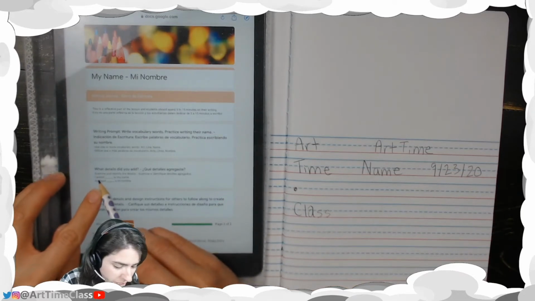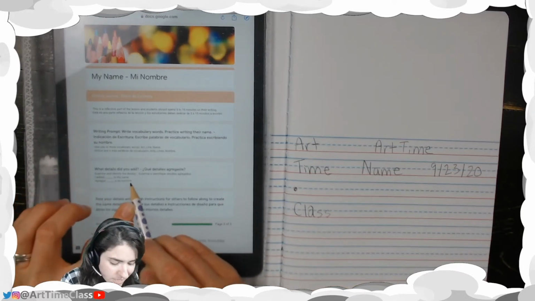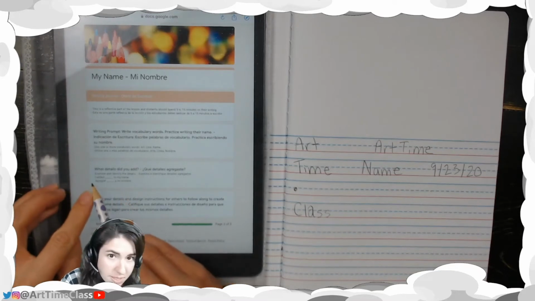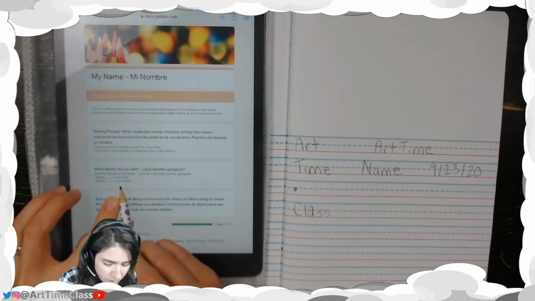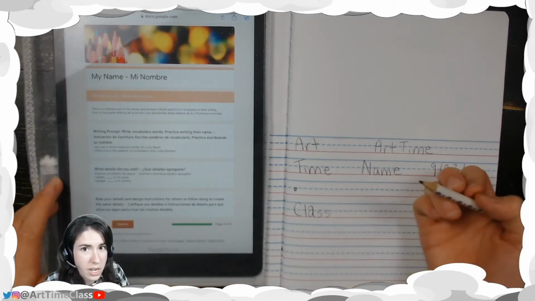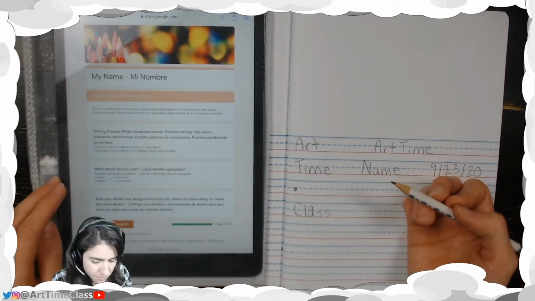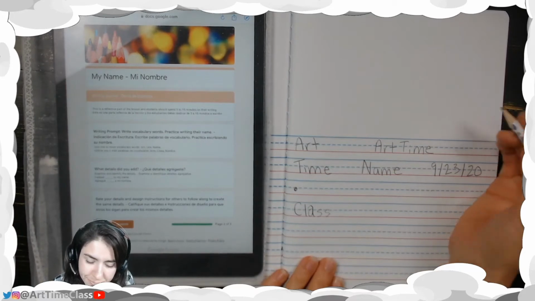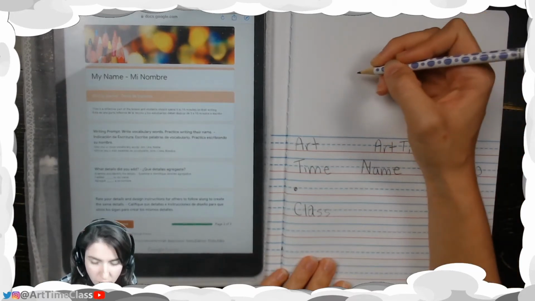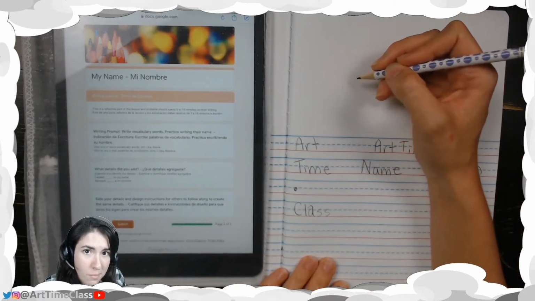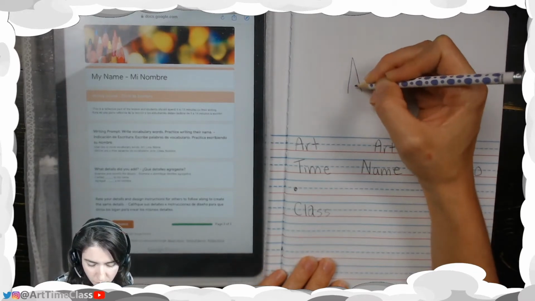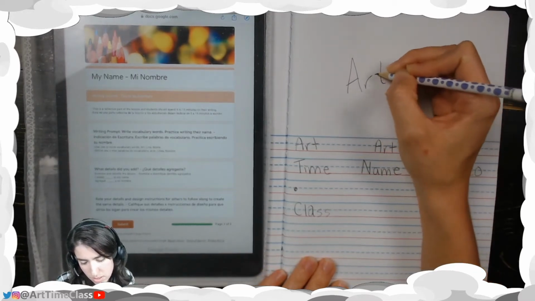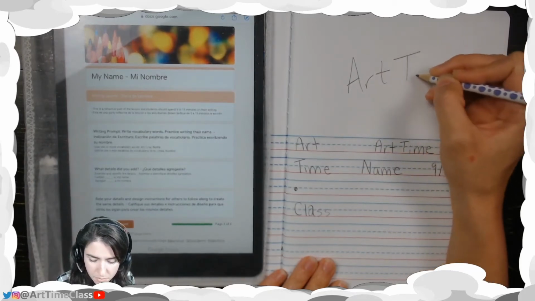So this question is to examine and identify the details. Here's the sentence stem. I added blank to my name. To answer this question, I need to first do my drawing. So up here, you can have your student write their first name or their first and last name. I'm going to do art, time,